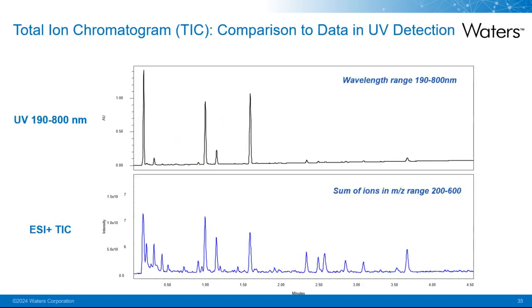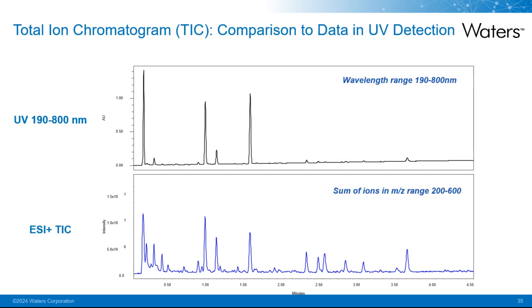Here is an example of the data collected from a single quadrupole in full scan mode from isoflavones in a dietary supplement. The data was collected in electrospray positive mode. If we look at the stacked plot of UV spectrum at 260 nanometers compared to a total ion chromatogram, TIC, collected in electrospray ionization positive mode, ESI, one thing that we observe is the difference in intensities of the various